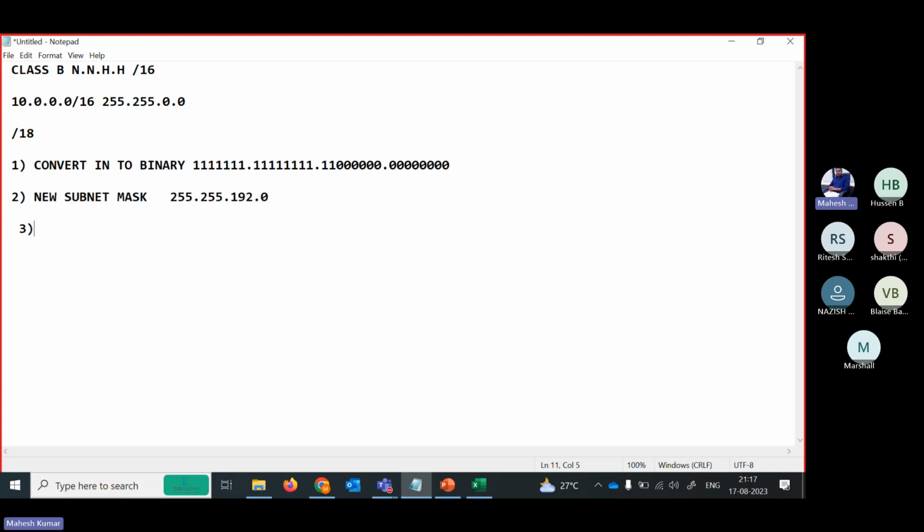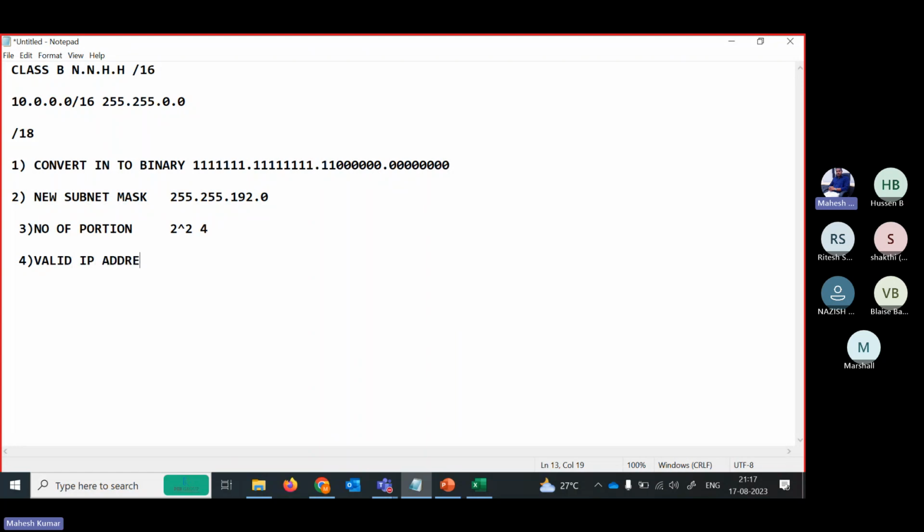Third step will be the number of portions. Number of portions means how many bits we borrowed? 2 bits only. So 2 to the power 2 means a total of 4 portions we will get, right? 2 to the power 2 will become 4 portions. We'll get a new network with the fourth portion. The fourth option will be our valid